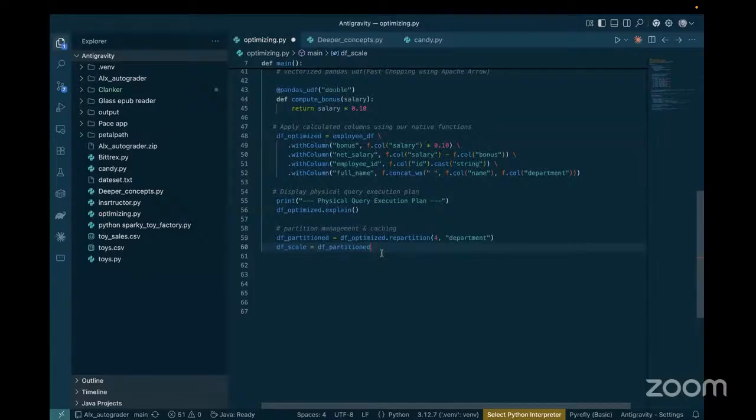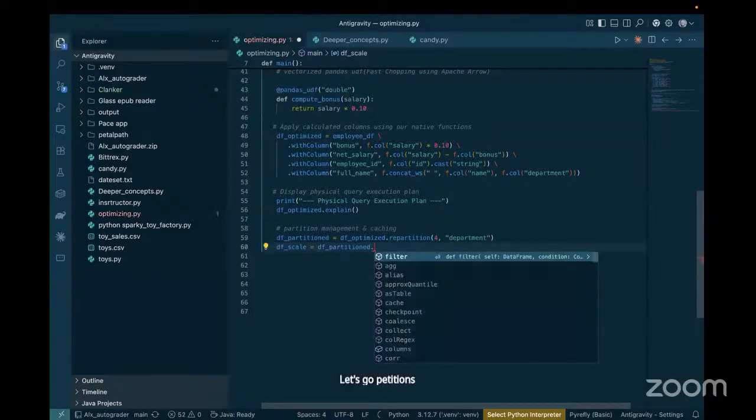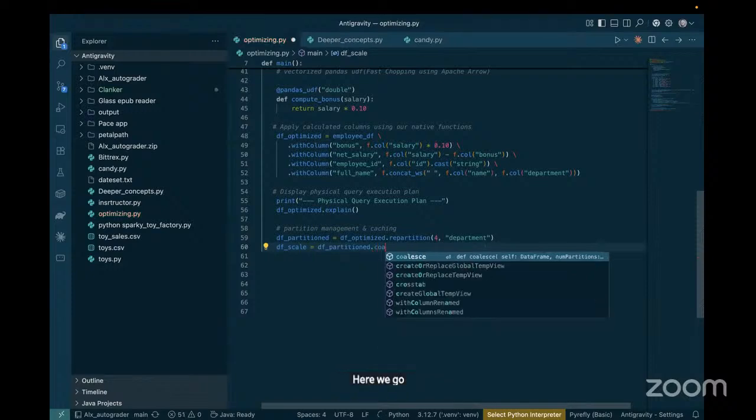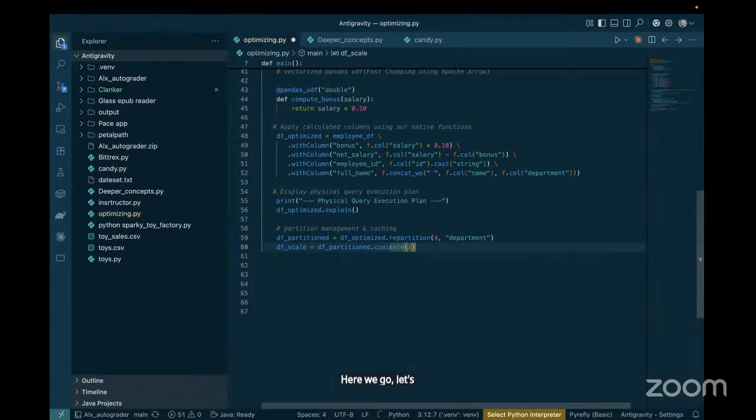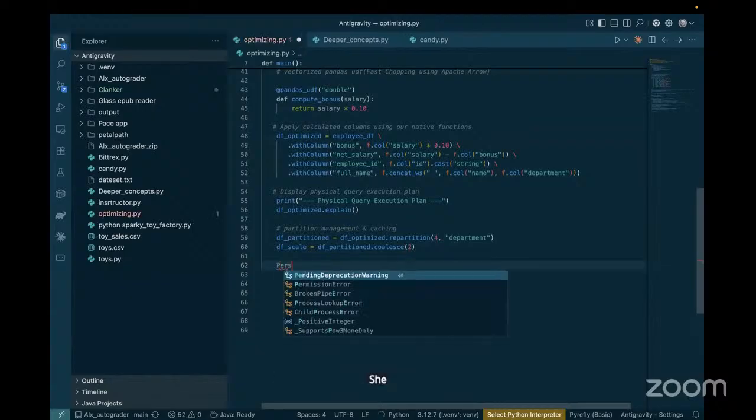Underscore partitioned. Here we coalesce two. And then for persistence, we wanted to persist in